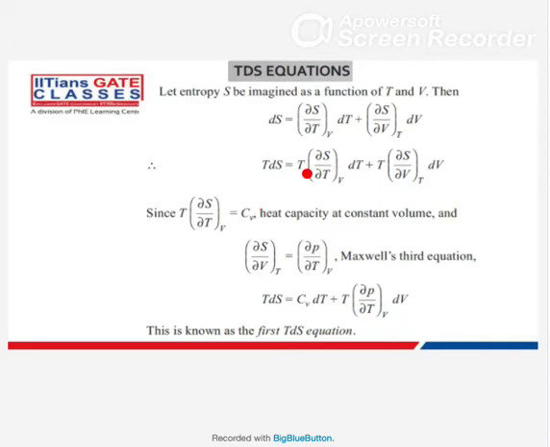Now if you see this particular thing, T ∂S/∂T at constant volume is nothing but Cv, the heat capacity. Okay, heat capacity equation. Because if you remember,